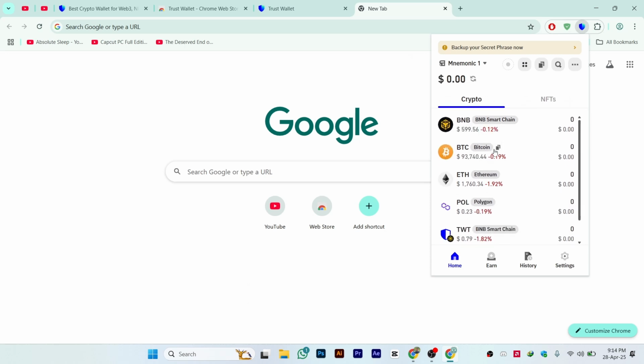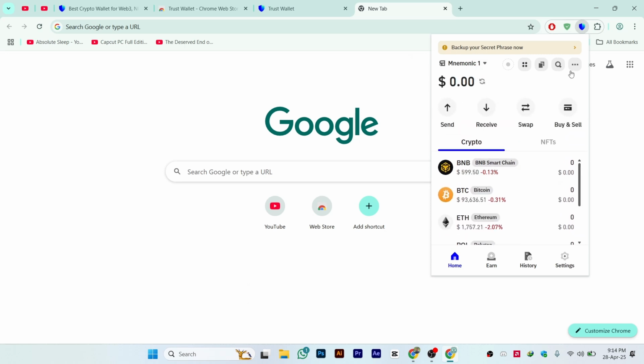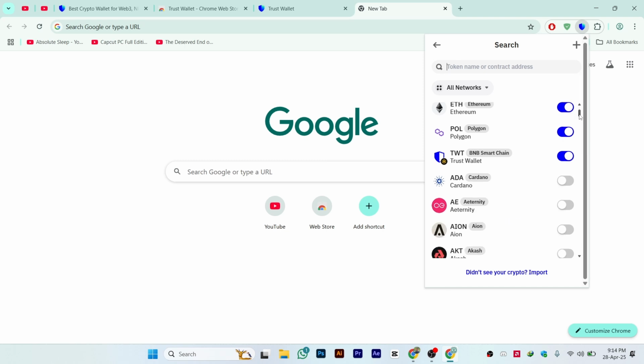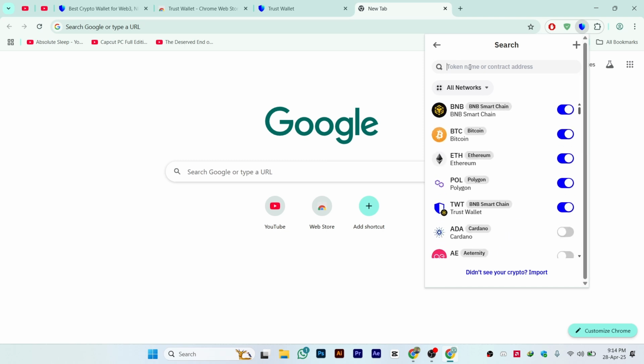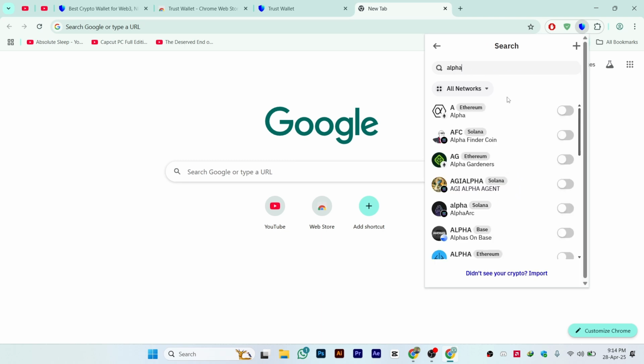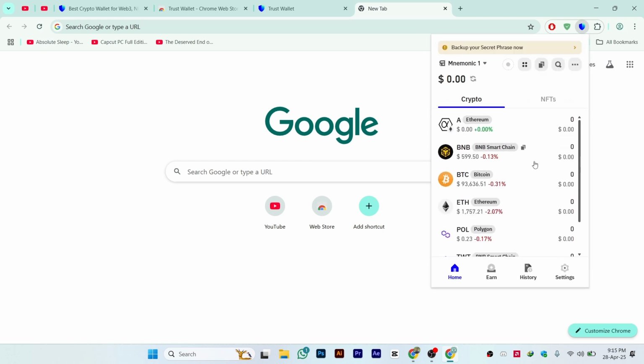Once you're here, on the right side you will be able to see this section called search. Go to search and scroll down, and you might be able to see the Alpha. And let's say you do not find the Alpha, so what you can do is search here for Alpha. Once you search for Alpha, as you can see, here is the Alpha network. Simply turn it on and go back, and from here you will be able to see the Alpha network